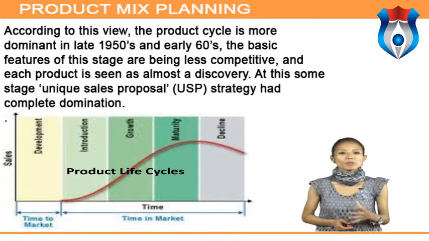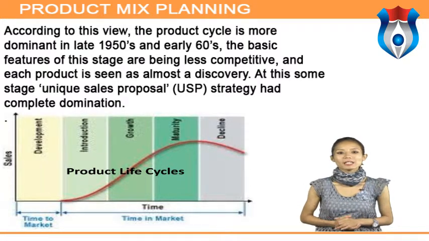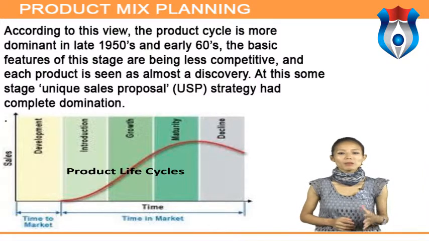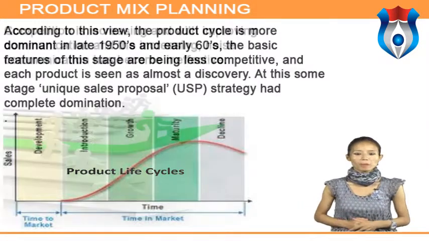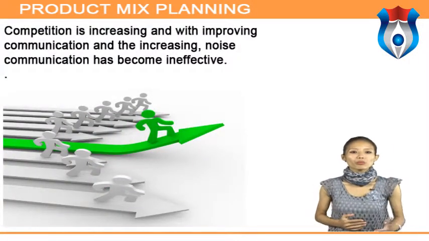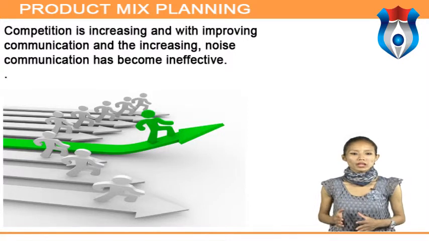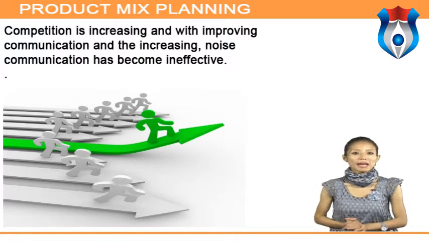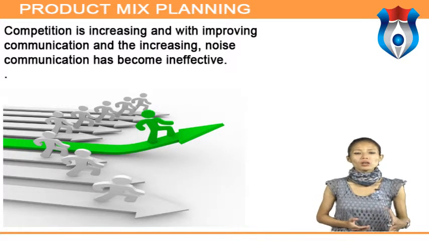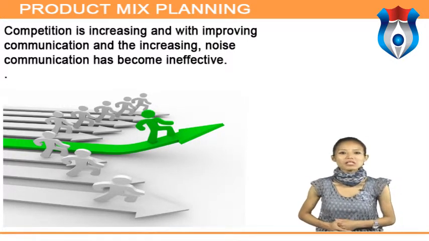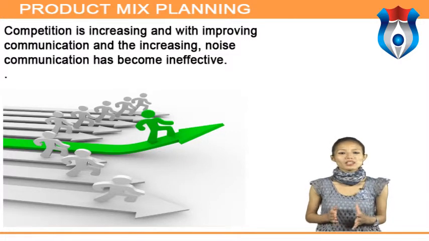The period of image is known to emerge when me-too products are developed against the powerful market-leading brands. These new entrants to the market strive to hold their place with their image. The company's image is placed at the focus of communication efforts. Competition is increasing, and with the increasing noise, communication has become ineffective. In this environment, which Ries and Trout call the communication jungle, one must be selective and head towards narrowed goals. With increased communication volume, the consumer took a defensive mind position. Much of the information presented is denied by the customer, which makes communication ineffective.